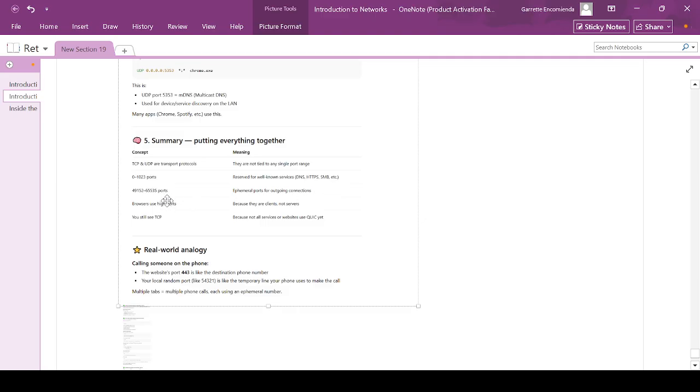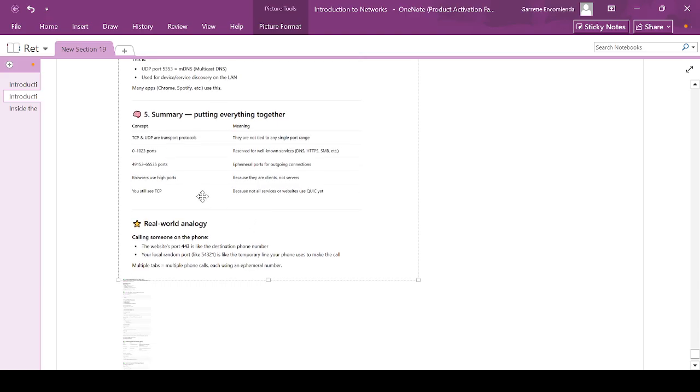Ports 49152 to 65535 are ephemeral ports for outgoing connections. Browsers use high ports because they are clients, not servers. So that's also the distinction. For browsers, like for any client, you use those ephemeral ports, but for servers, of course, you use those well-known